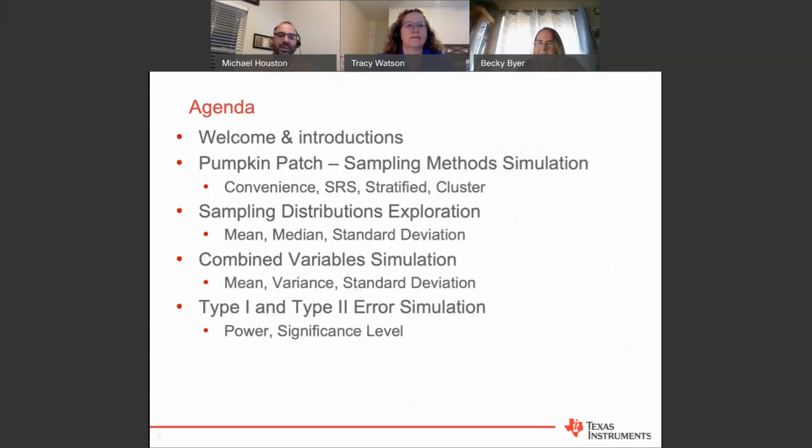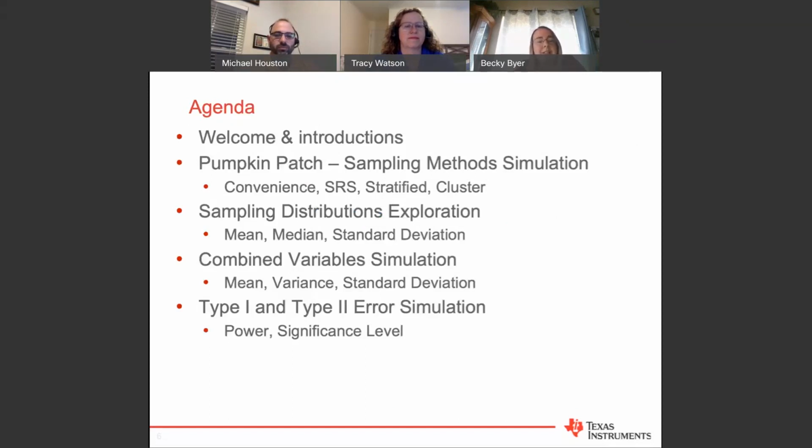At this point, Becky is going to discuss our agenda. So tonight we've already done the welcome and introductions. We're going to start out tonight with an activity called Pumpkin Patch, which is going to give us a method to look at different sampling methods. We're going to look at convenient samples, simple random samples, stratified and clustered.